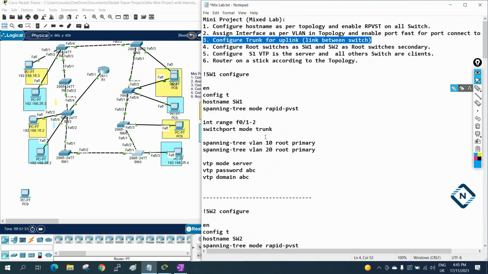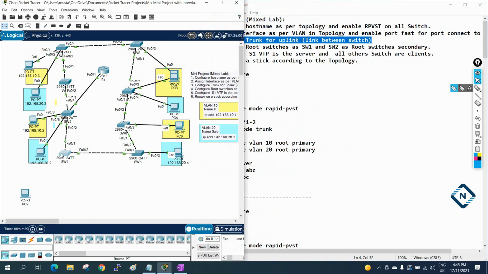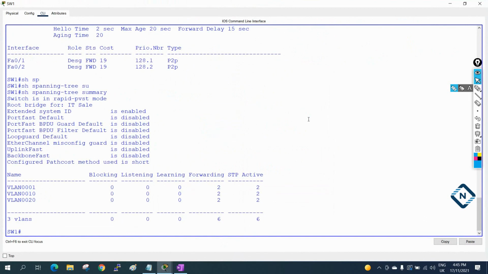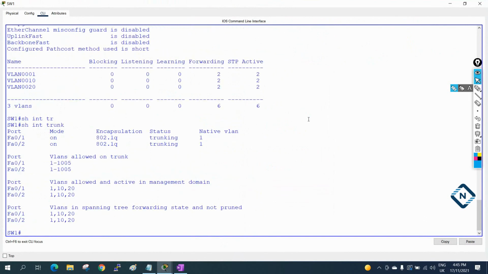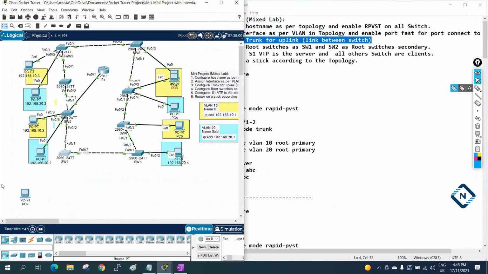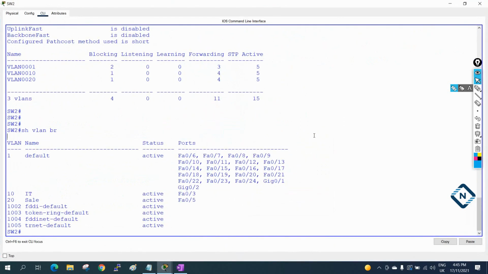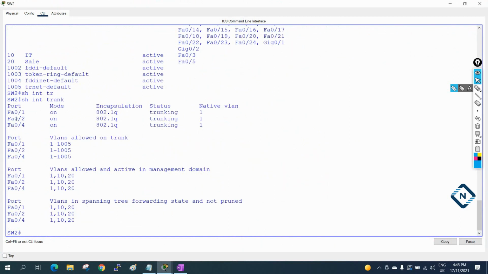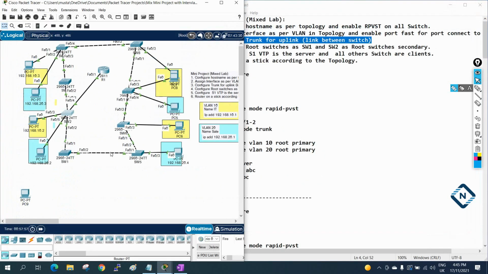Now the third step we already did in our previous lab, that is trunking the ports. If you have confusion, I can check also, no problem. We will check show interface trunk. Okay, so these two interfaces, FastEthernet 0/1 and 0/2, are trunk. Here let's see, show interface trunk. So here we have 3, 1, 2, 4. Let me see where is 1. Above is 1, 2, 4. So the 3 interfaces are good.